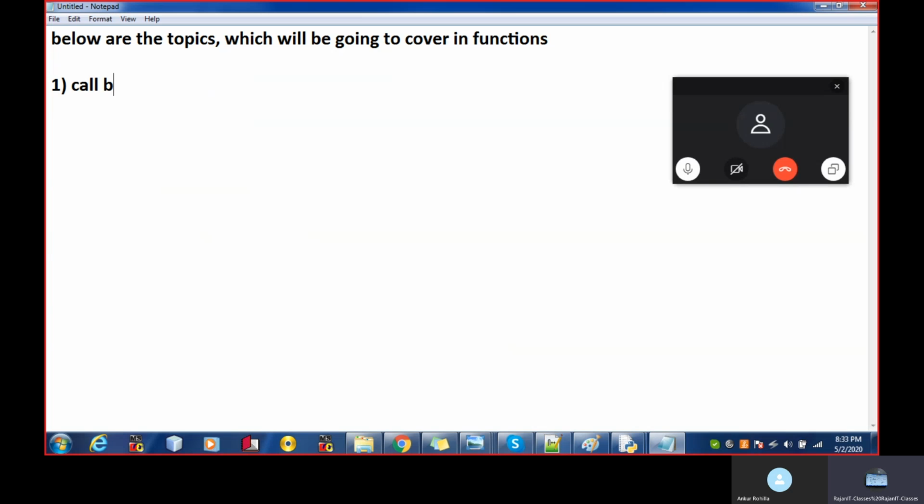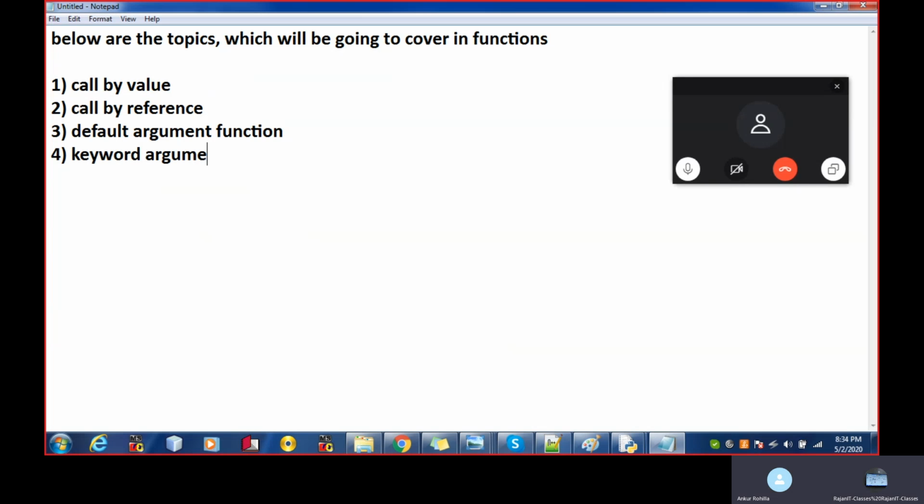Call by value, call by reference, what is the default argument function, third argument function, and past function and values argument.